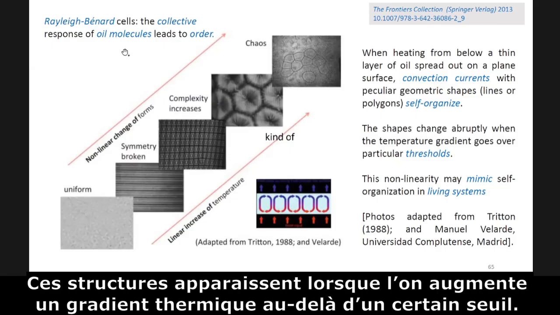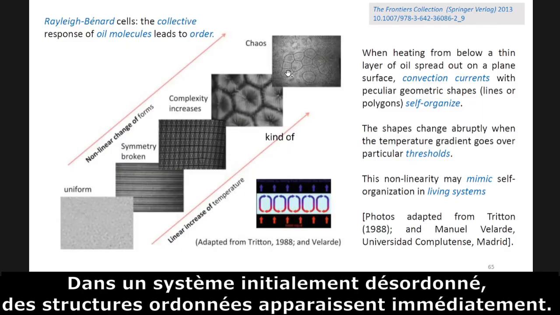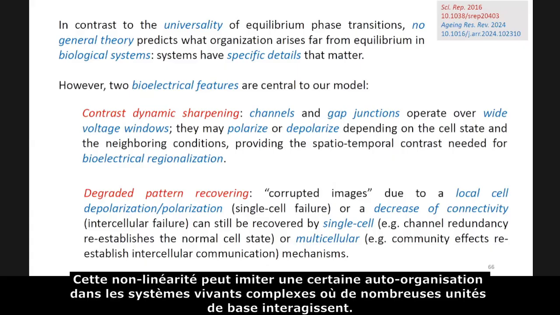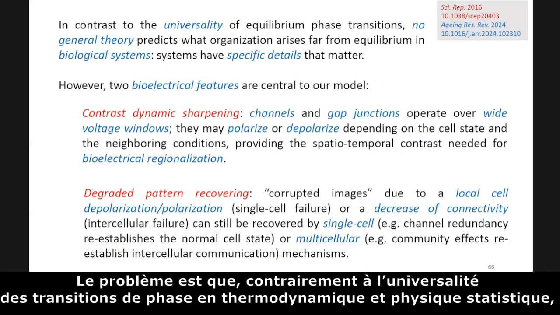In this case, these Rayleigh-Bénard structures are found when you increase a thermal gradient, a temperature difference, over a given threshold. Immediately, in a system which is disordered in nature, ordered structures appear, and this nonlinearity may mimic some self-organization in living systems, in complex living systems where many basic units are interacting. The problem here is that in contrast to the